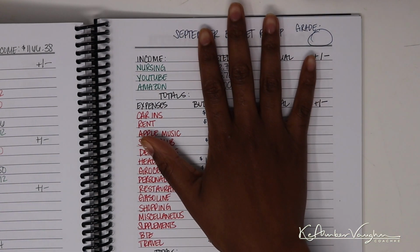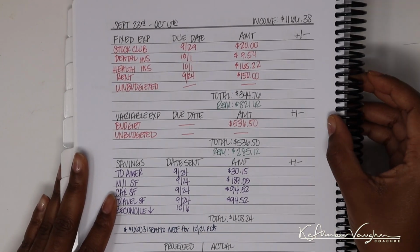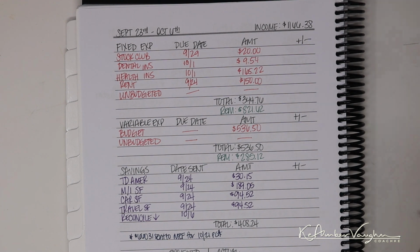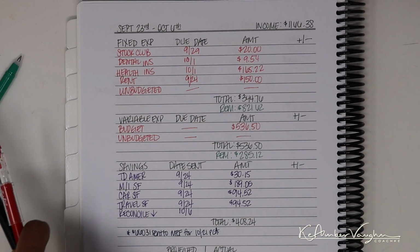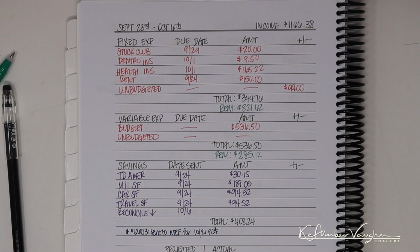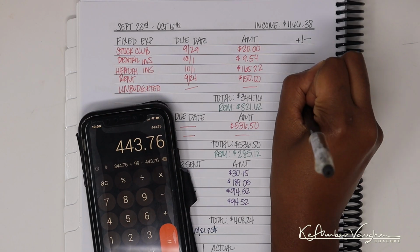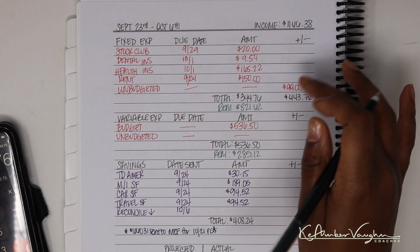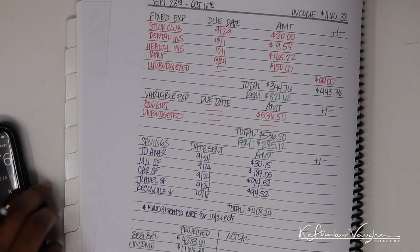So before I get to this page, I do want to go ahead and close out the budget on this page, which was the last paycheck to paycheck budget for September. As far as the fixed expenses go, everything was correct. I'm gonna get out my erasable pens. I did have an unbudgeted fixed expense, which was $99, and that was Apple Music. That was just something that I totally forgot about until I actually put the budget out. So at that point, it just was what it was. My total for fixed expenses ended up actually being $443.76 instead of $344.76. For the variable expenses, what I spent on the budget was $445.12,